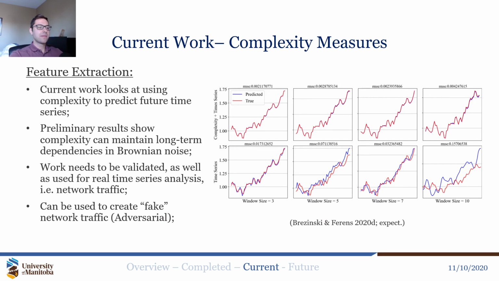And one of the useful things of this is that it can be used to create fake network traffic. So if we develop a model that is very sensitive to complexity and it's found to be useful, well, we want to be able to fool our classifier. Adversarial examples are one way that is used in image recognition, let's just say to determine if something is a person or a chair. Sometimes you can introduce simple images which throw off your model. So we want our model to be robust enough that we can create fake network traffic, because if our model incorporates complexity, our fake adversarial traffic should incorporate complexity as well, and see how robust our model is